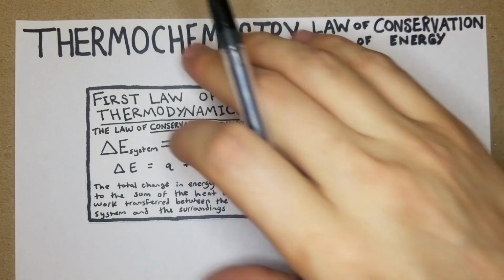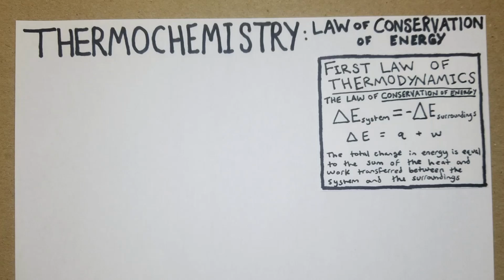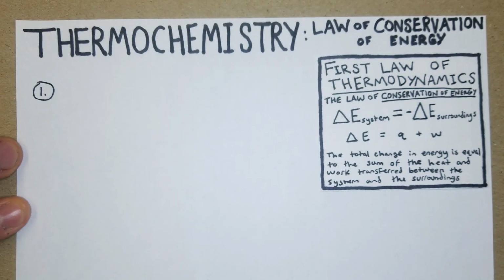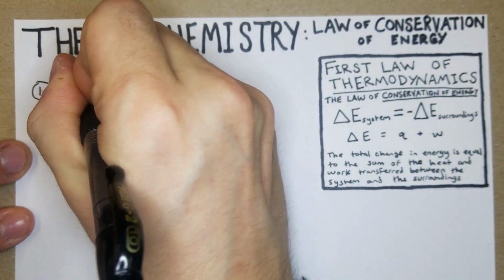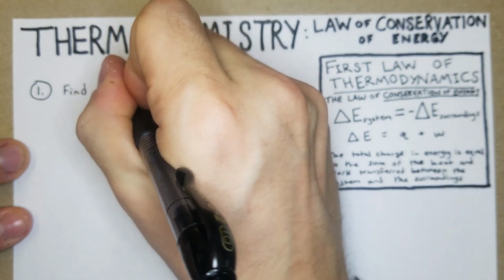So from there we're just going to jump in. I'll put this to the side and then we can do some problems. I'll try to start off with an easier one, and then we'll work our way to the more difficult ones. So I think one of the most basic types of these problems can be this. Find delta E